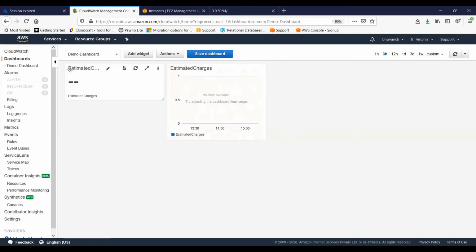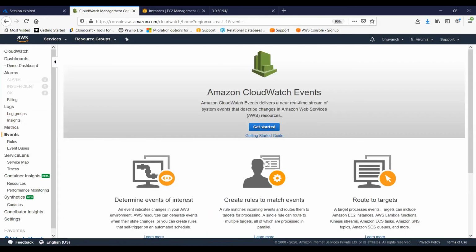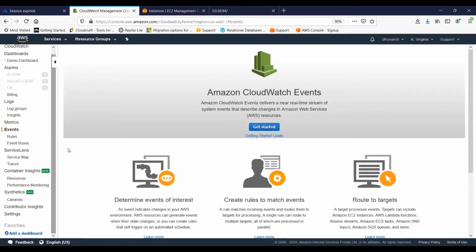Okay, this is where you can create dashboards, you can create alarms, you can create your events. Also, this is all part of your system admin or SysOps exam. Not much is being asked in the Solutions Architect, but you should know. And now they have added this container inside. It has been recently added. It was not there 10-15 days back.